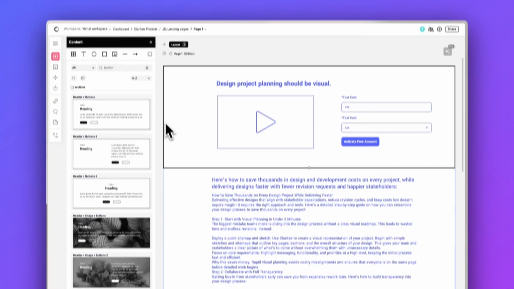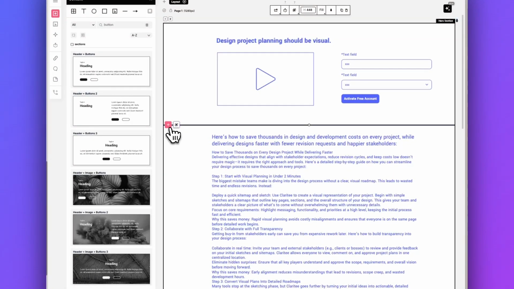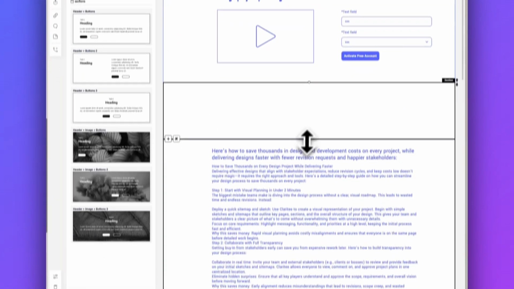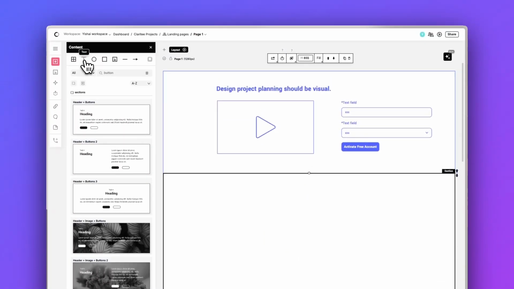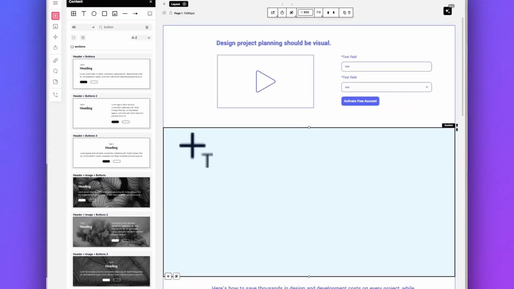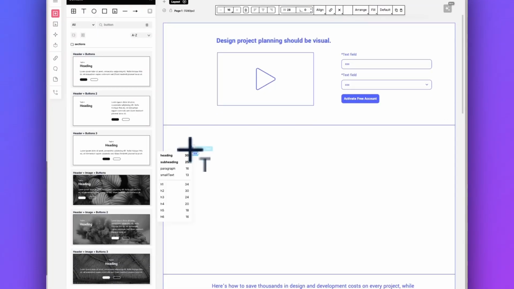Working with text in Claritee is quite simple and intuitive. Let's create a new section and we'll add some text here. Up in the top left, I have the button that I can use for text. It's the big T. So I just select that and click in, and then I have the option to select